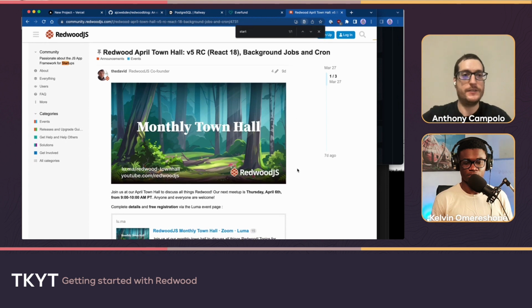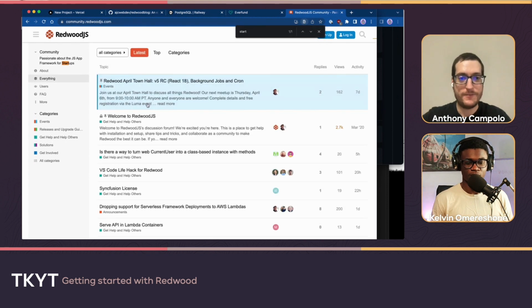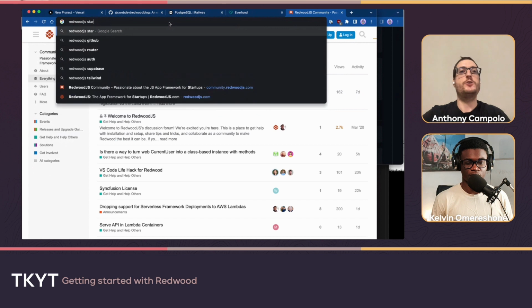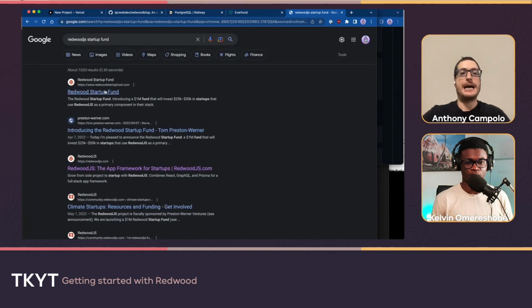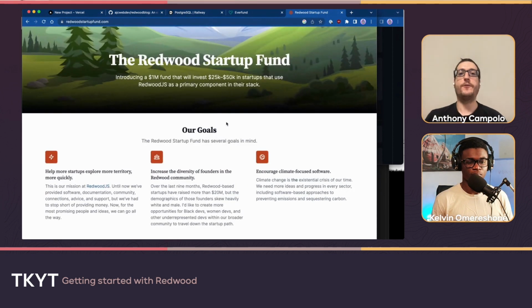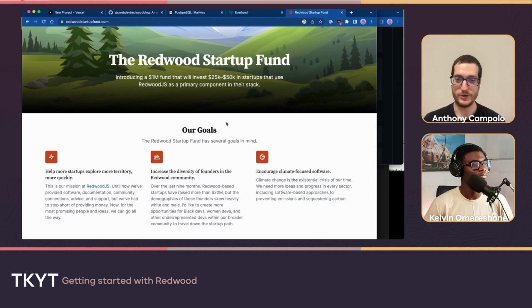There's also the Redwood Startup Fund. This is pretty cool. This is something that is specifically for startups who want to build with Redwood, because one of the creators of Redwood is Tom Preston-Werner, the original CEO of GitHub. He is very well off financially and is able to invest in both the Redwood project and companies that are using Redwood.